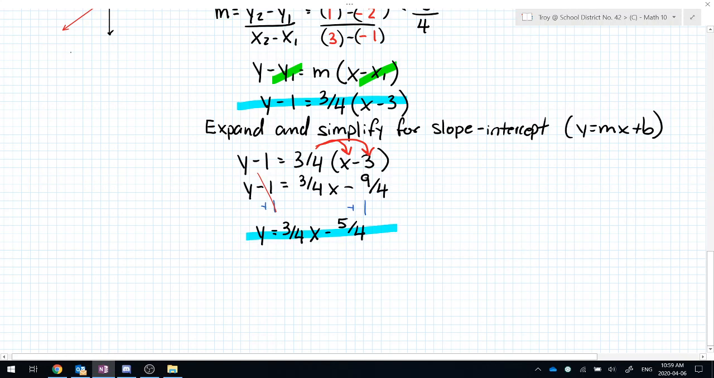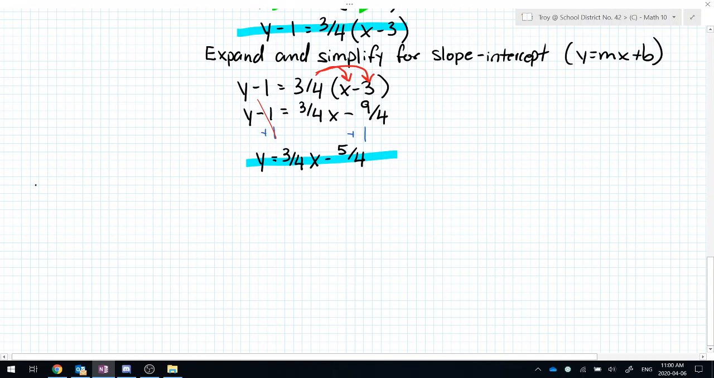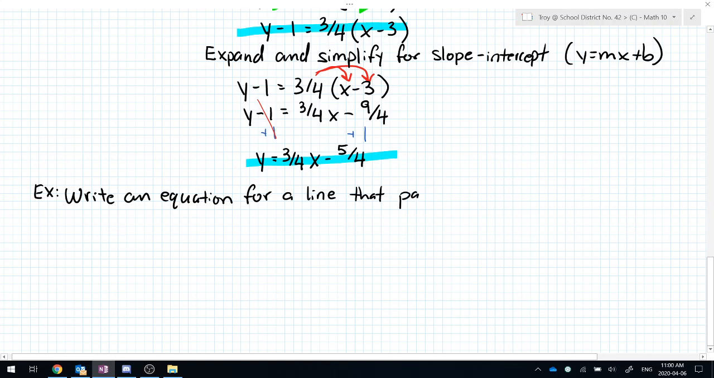Okay, so let's do one more example, and that will be all for today's lesson. So let's do an example. Write an equation for a line that passes through the points